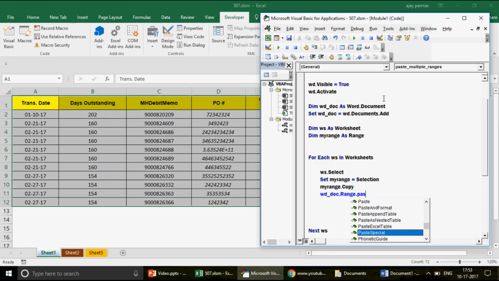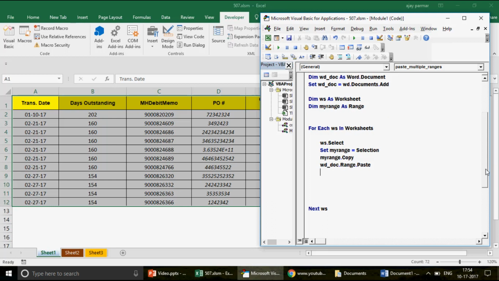Let's say I just simply want to paste it, right? You can use the paste special as well. That's a good thing, because if you have some formulas in the Excel, to avoid those formulas getting pasted there and creating some unexpected things for you, just use the paste special and then the paste value. But I just use the paste here just to demonstrate how we're going to do that. So once the data is pasted,